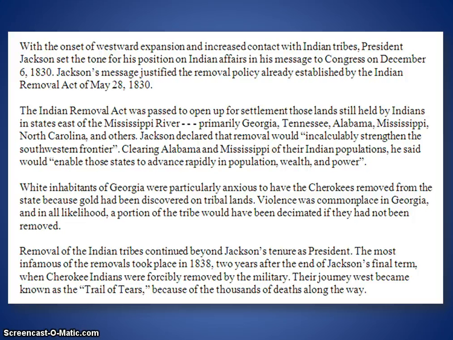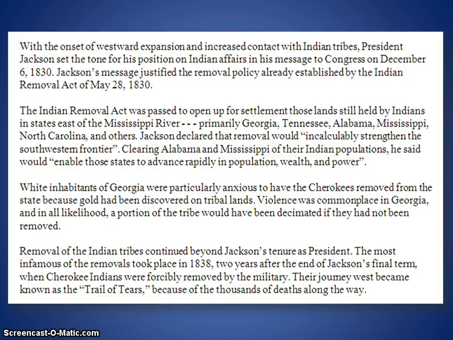The Indian Removal Act was passed to open up for settlement those lands still held by Indians in states east of the Mississippi River, primarily Georgia, Tennessee, Alabama, Mississippi, North Carolina, and others. Jackson declared that removal would incalculably strengthen the southwestern frontier. Clearing Alabama and Mississippi of their Indian populations, he said, would enable those states to advance rapidly in population, wealth,